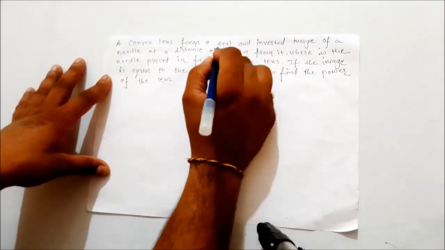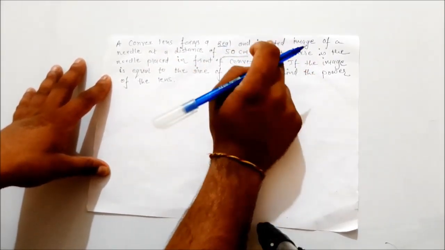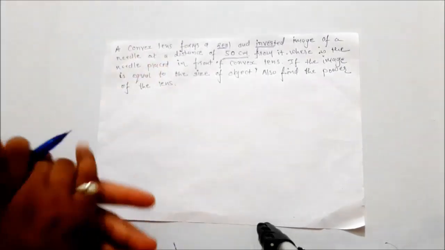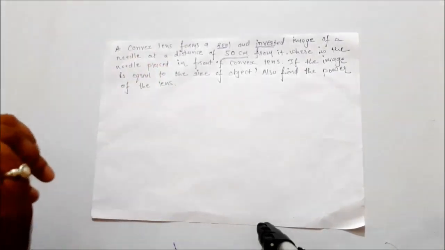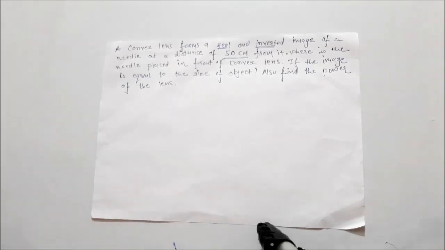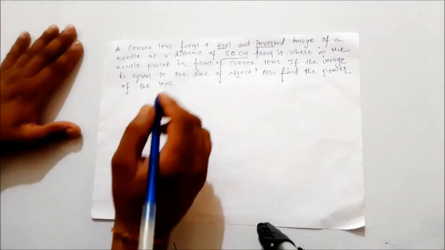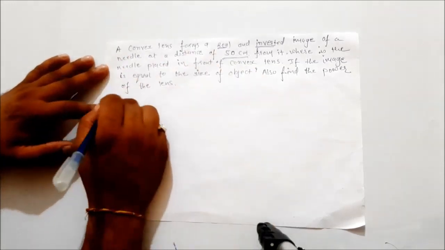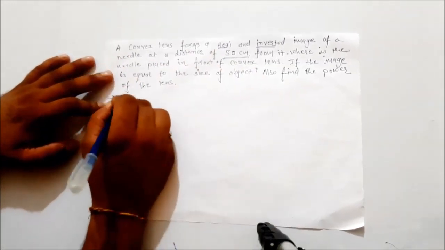The image is real and inverted, so it will be negative of 1. Let's find, and we have to also find out the power of lens. It's very easy. Now let's see what we can do. First of all, what we have is the image distance. Image is forming at 50 centimeter, right? So first let's write that